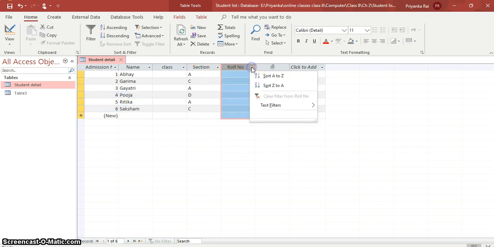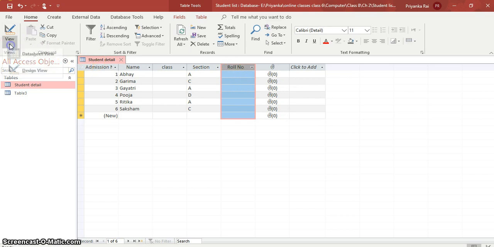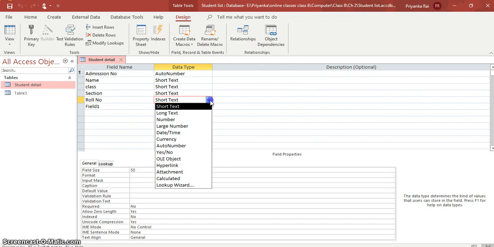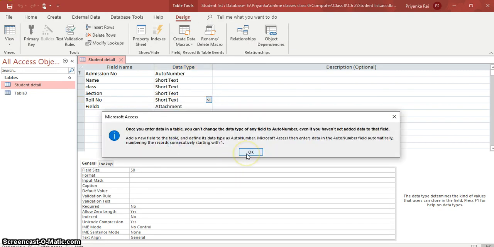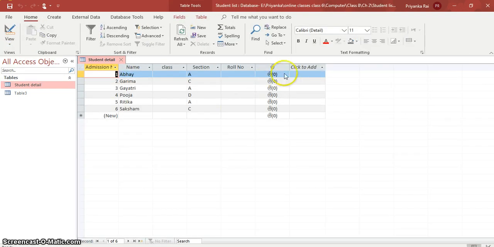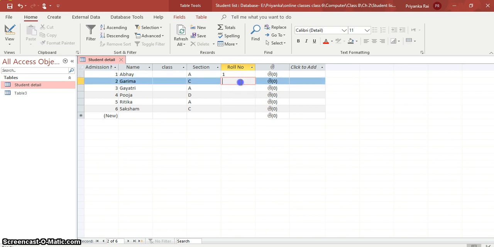So roll number, I want this field to be auto numbered. So I will go to design view. Roll number, it is written short number. I will make it auto numbered. Then again I go to datasheet view, and if I am writing 1, then 2.